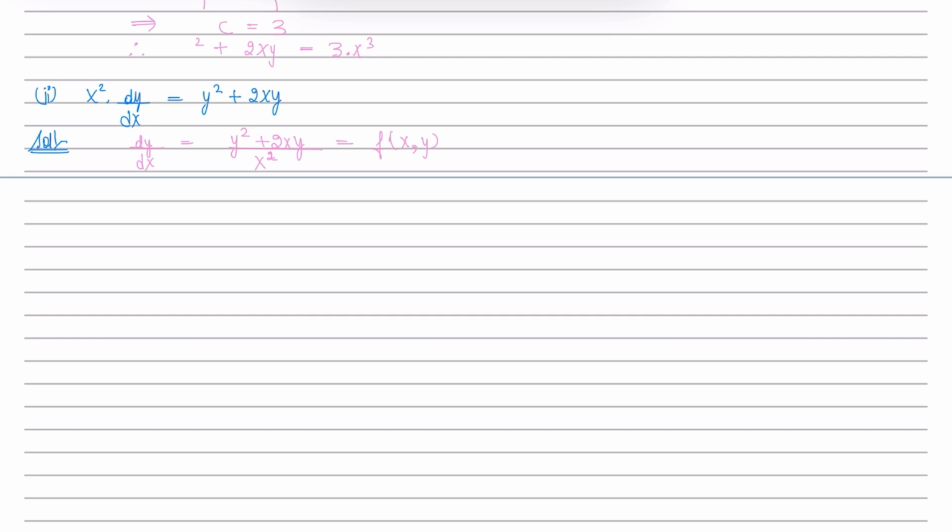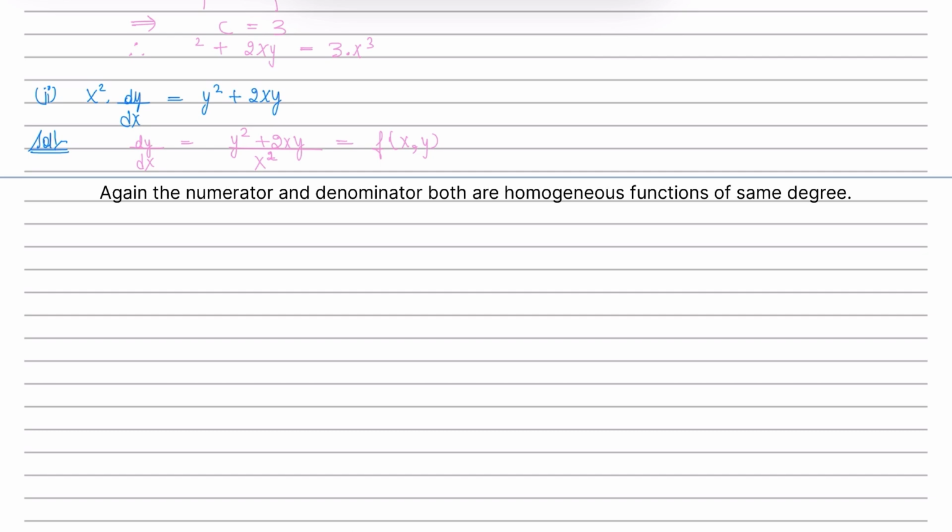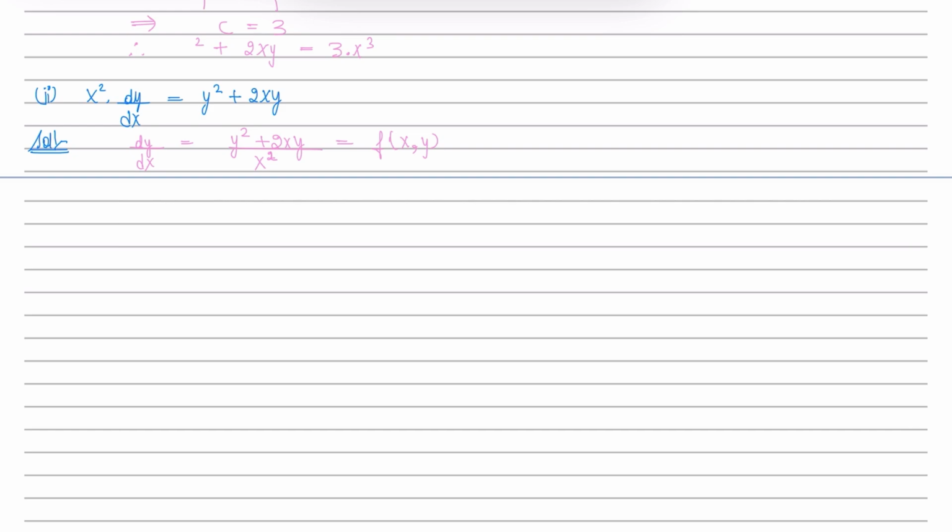Clearly we can see the numerator of this function is a polynomial where each term has same degree, and so is the denominator. Now we can solve this equation with the help of homogeneous differential equation method, and this method